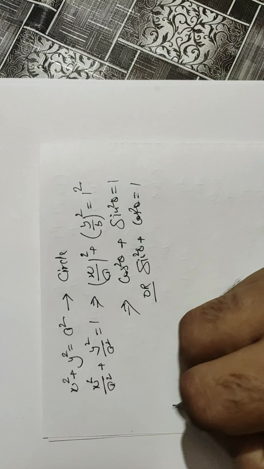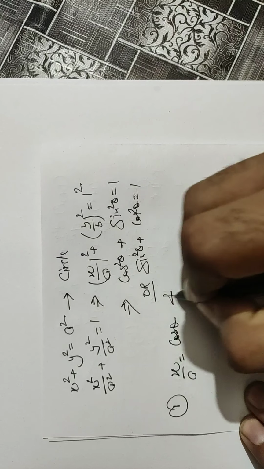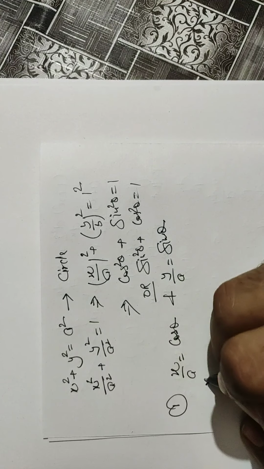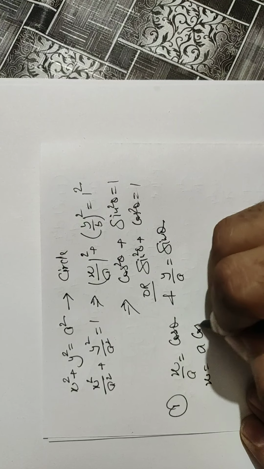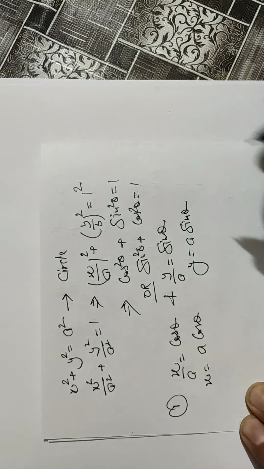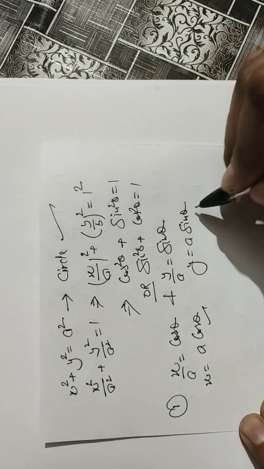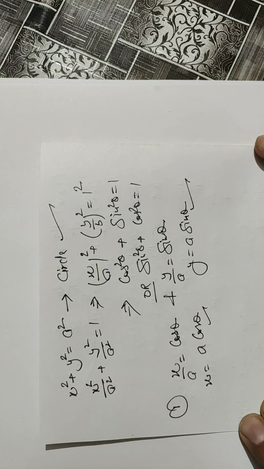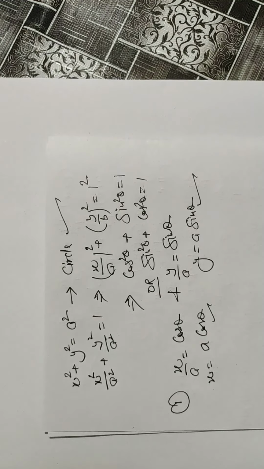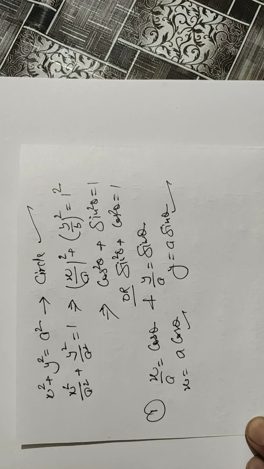If we discuss one of the parts, x by a is taken as cos theta and y by a is taken as sin theta. So the value of x becomes a cos theta, y becomes a sin theta. Means when we convert the standard form of an equation into another form containing another variable, that form is known as parametric form. Today we are going to discuss these types of functions, parametric functions. So we are going to discuss differentiation of these types of functions.